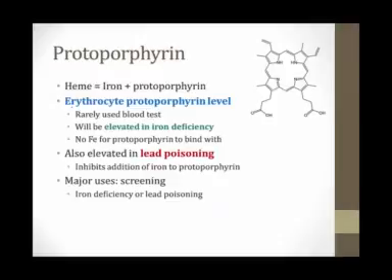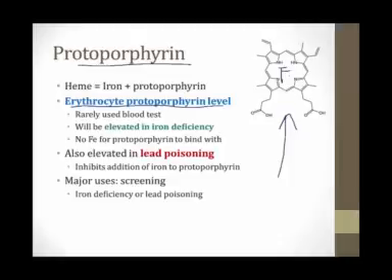Another blood test that may be abnormal in patients who are iron deficient is called an erythrocyte protoporphyrin level. Protoporphyrin is the chemical structure that surrounds iron and heme. I've shown it on the screen here. If you put an iron molecule in the middle of this, you would have a molecule of heme. So when there's not enough iron around, you will see elevated levels of protoporphyrin inside red blood cells, and you